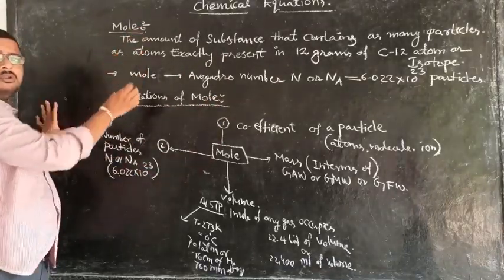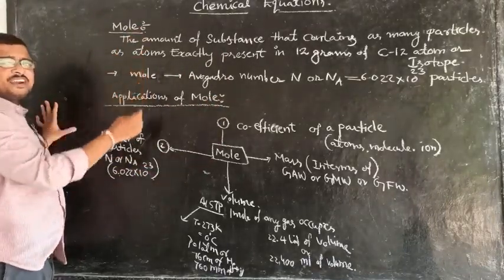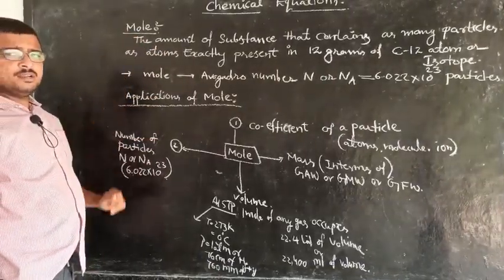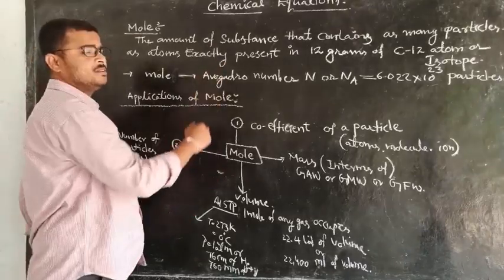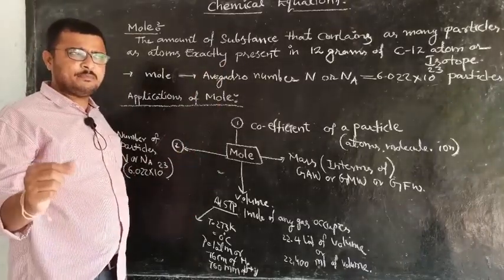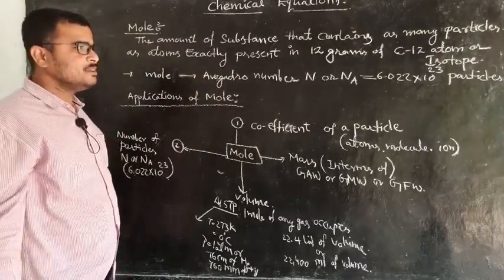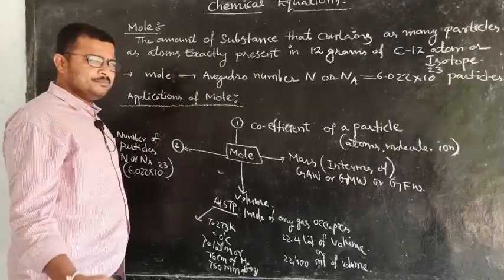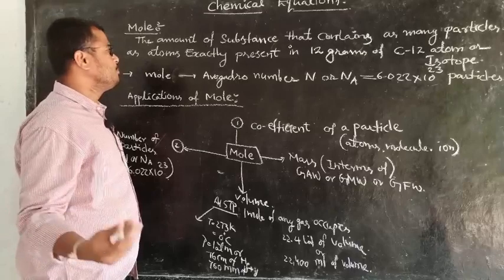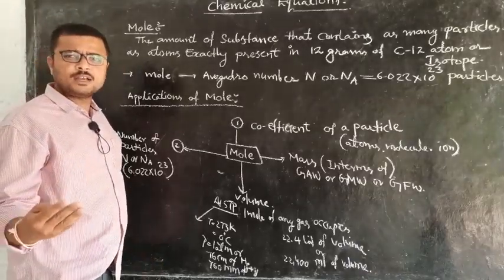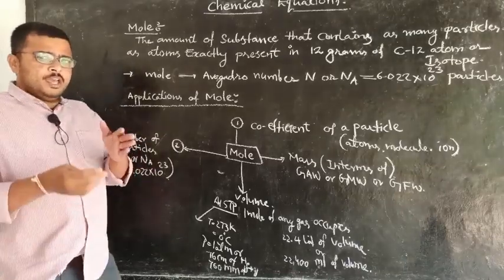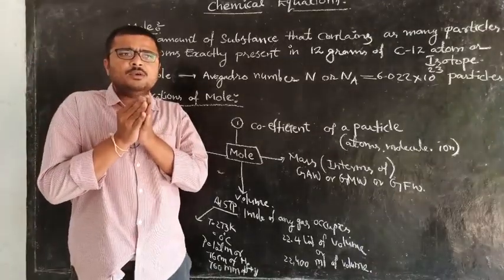First one is the mole. The definition. What is the definition of the mole? Mole is nothing but the amount of substance that contains as many particles as the atoms exactly present in 12 grams of carbon 12 atom or isotope. 12 grams of carbon 12 atom or isotope means, if you take 12 grams of carbon 12 atom,